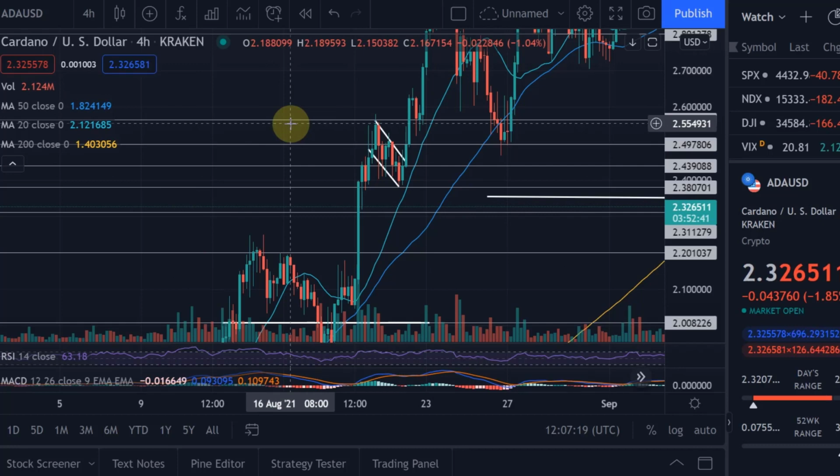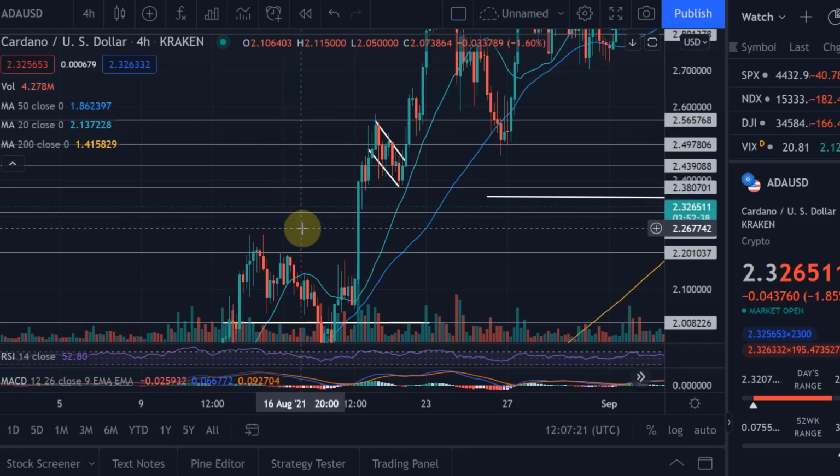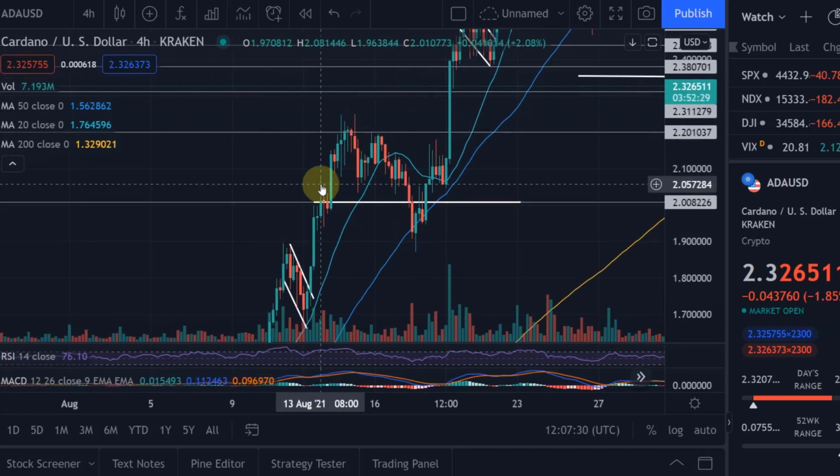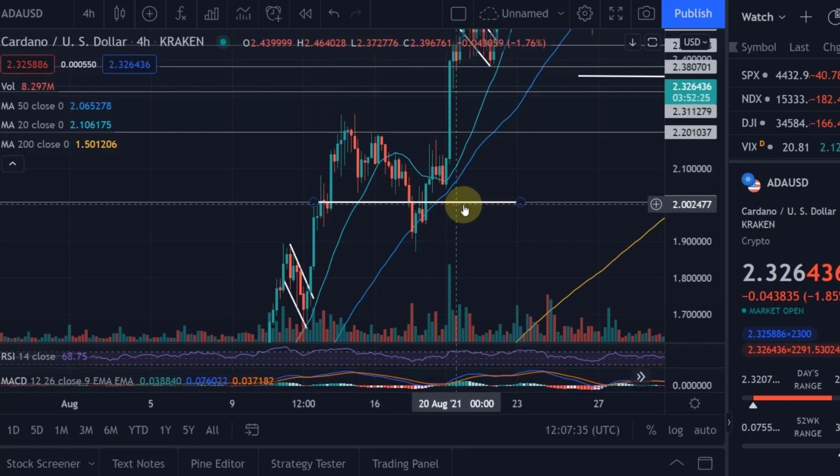I want to see these patterns building up, and then at the point of the breakout I go into the lower time frame. So in this case maybe the 1 hour or the 30-minute chart, to wait for a good trade entry. So the last one I wanted to talk about is the fake breakout, or also referred to